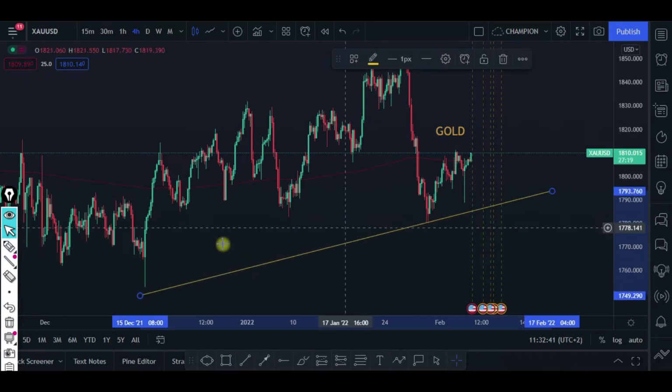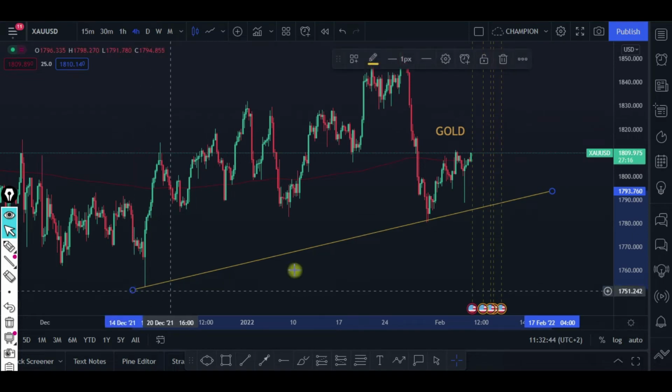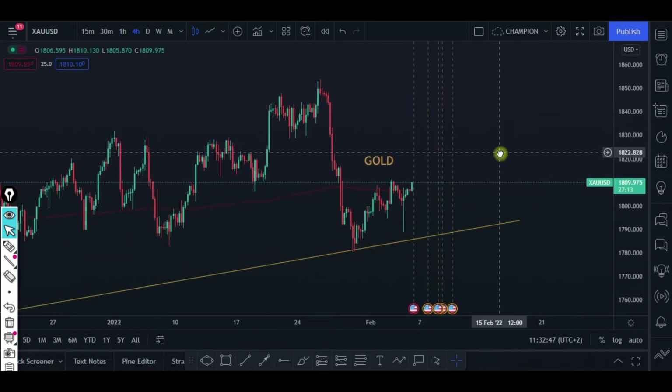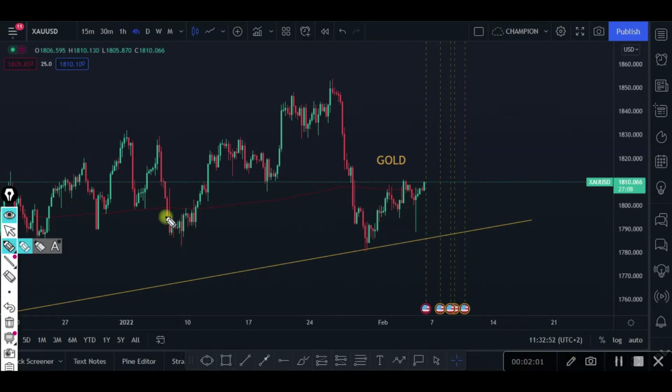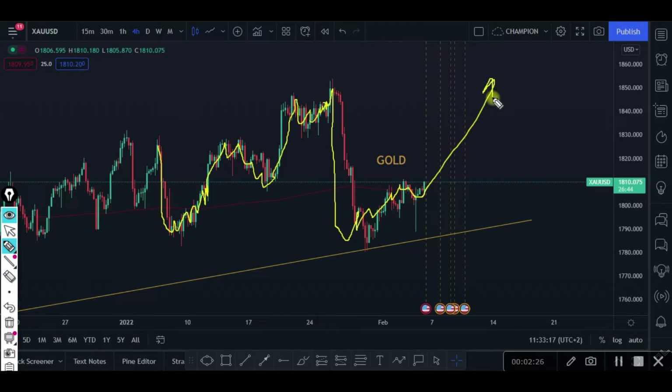Okay, let's go deeper so that we are able to see where the price is going during the opening session. Ladies and gentlemen, allow me to draw this trend line here so that we can make things easier for us. The price moves in this type of structure. This is our impulsive move, and then we see the consolidation, which is corrective. Impulsive moves and corrective moves. We are expecting maybe to have something like this in the next coming week.